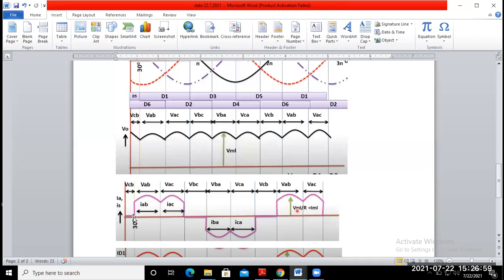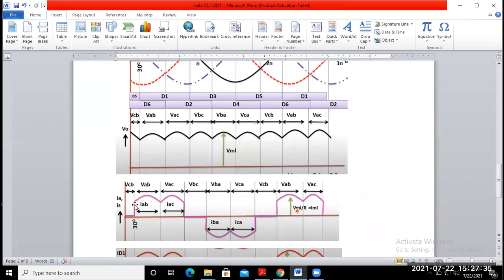Okay. From 30 degree, you may observe that the line voltage VAB appears. From 30 degree to 90 degree, line AB voltage appears. That means diode 1 and diode 6 are conducting. So from 30 degree to 90 degree, what is the current flowing? IAB.